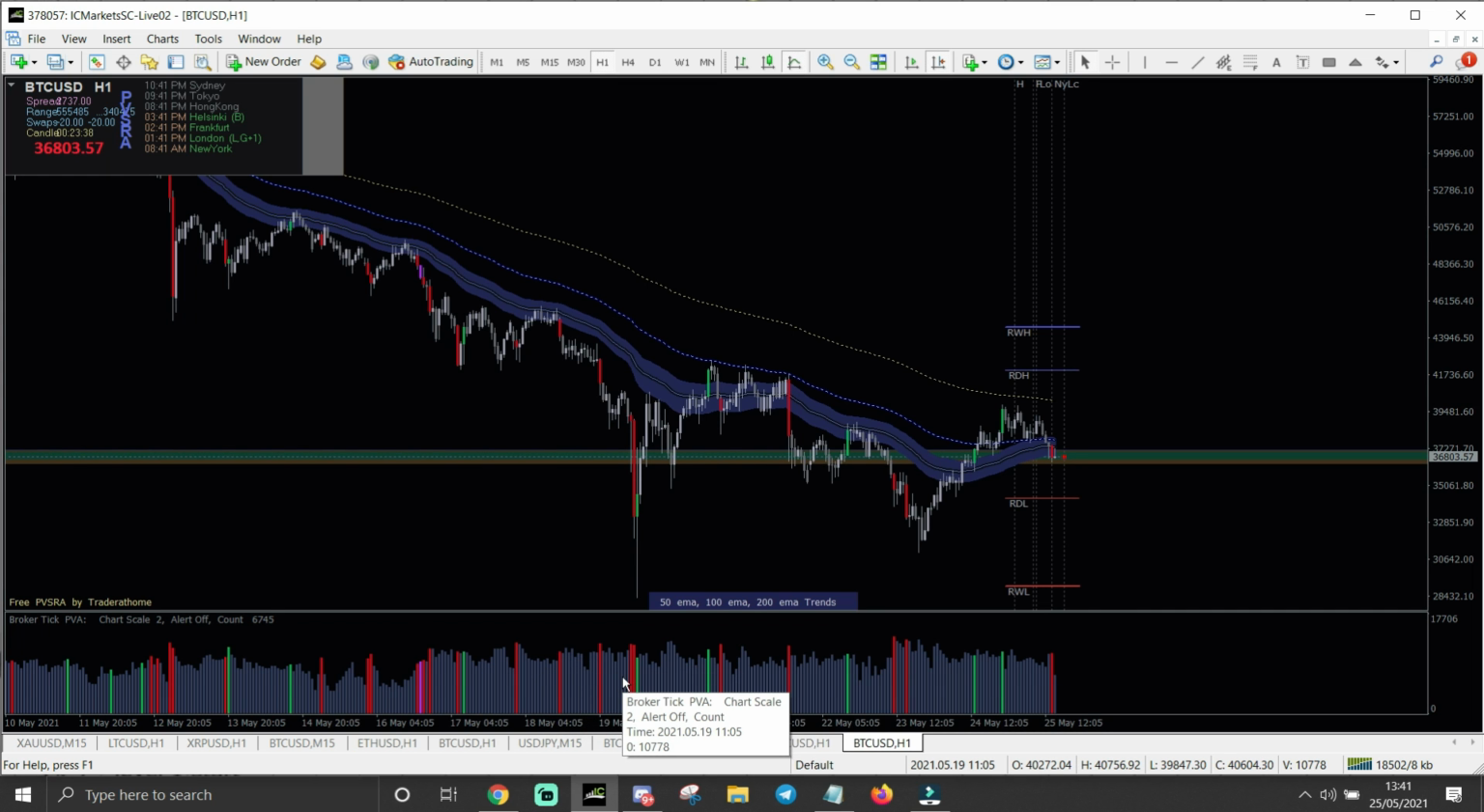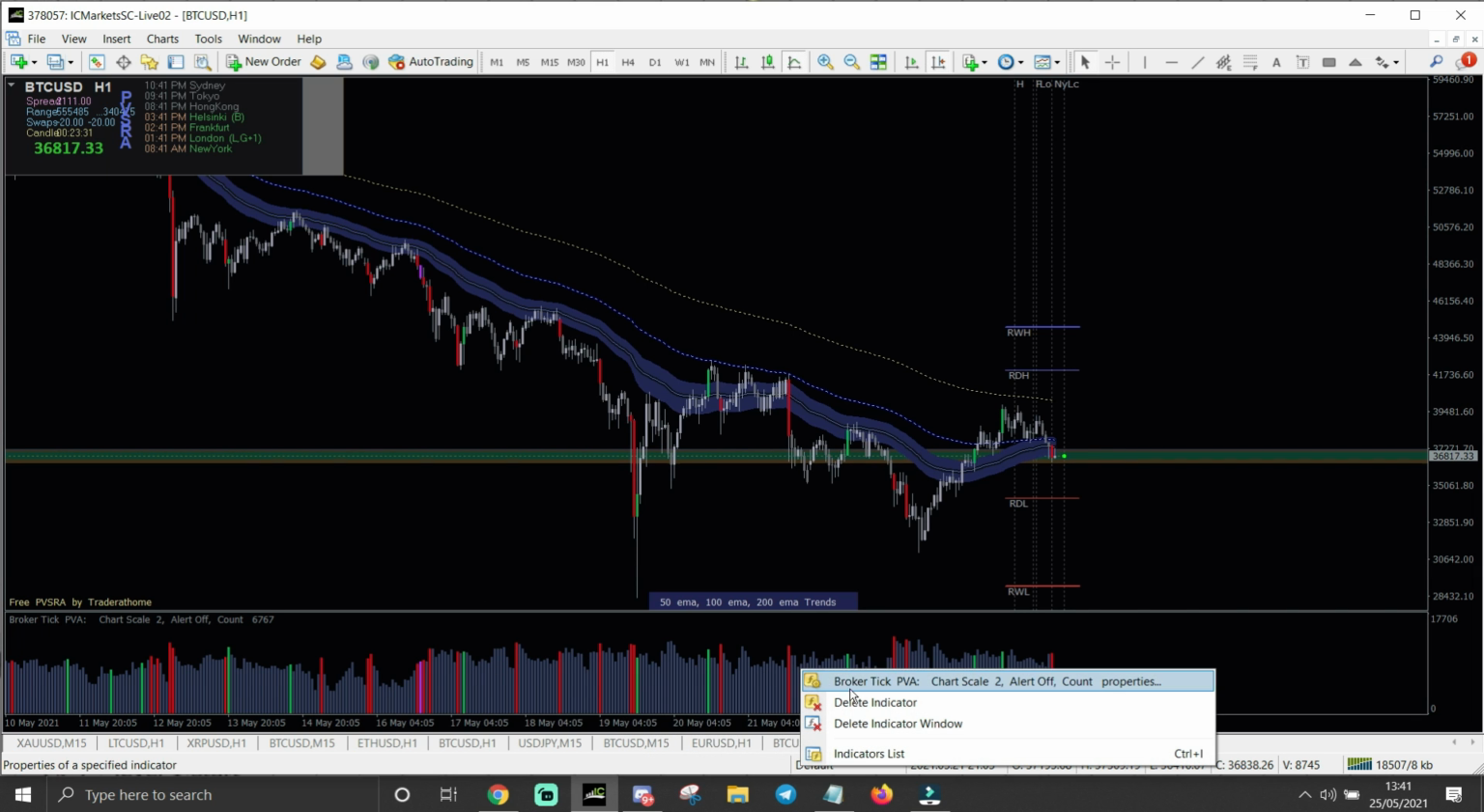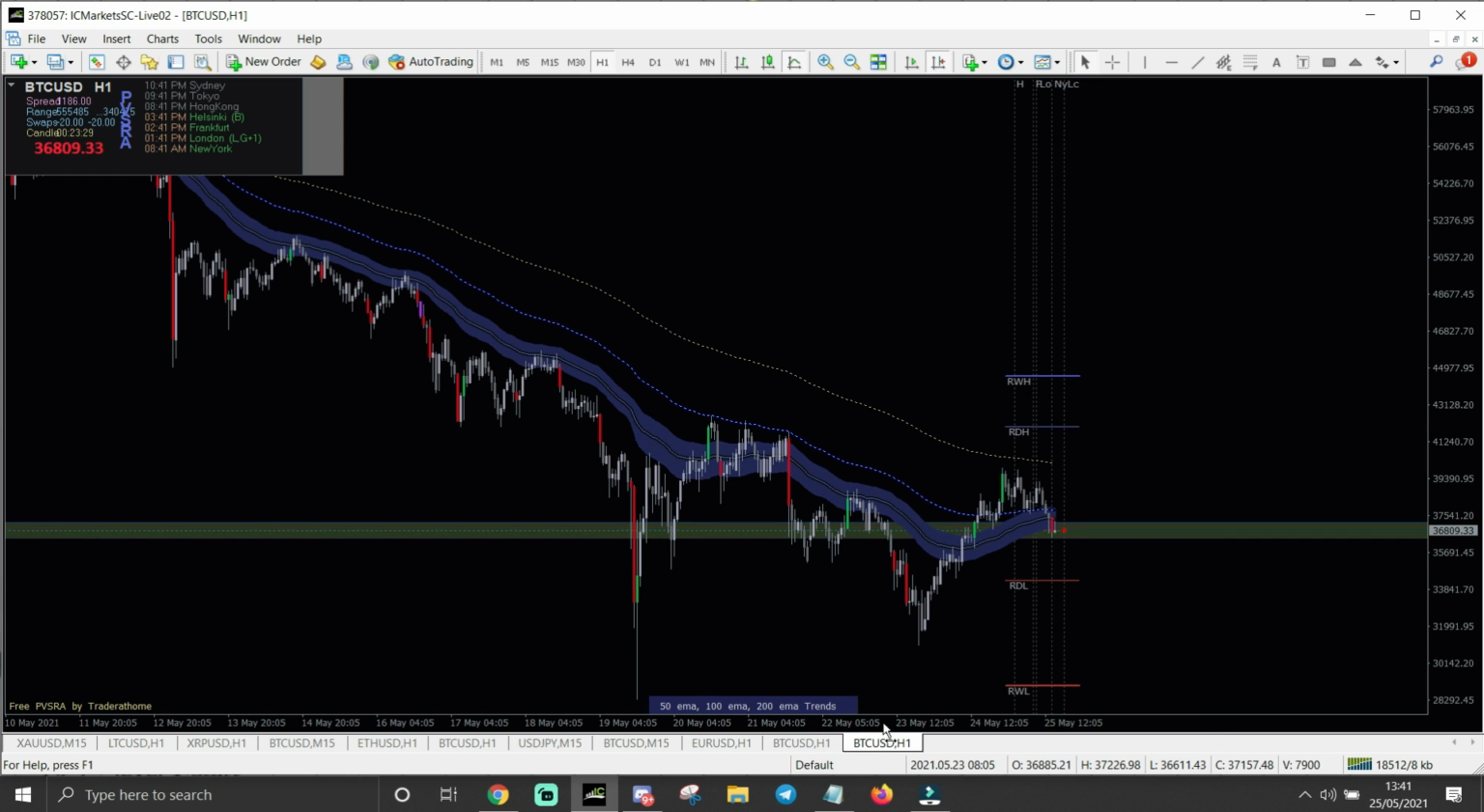I really pay attention to it on the smaller time frames. But if you don't want that there, what you need to do is right click, then go down to delete indicator window, and it opens the chart just that little bit more. All right. Now, if you want to draw trend lines, you go up here and draw the trend line by